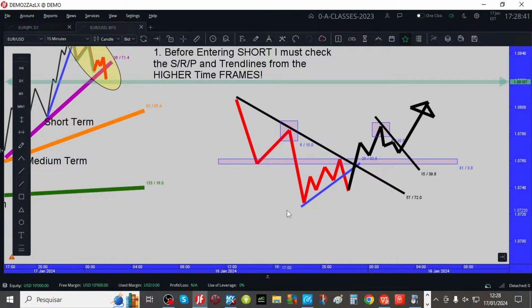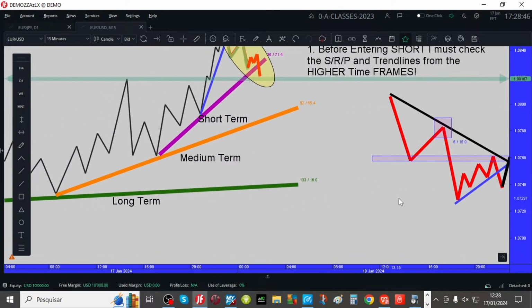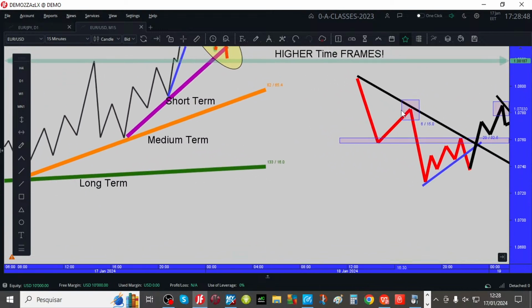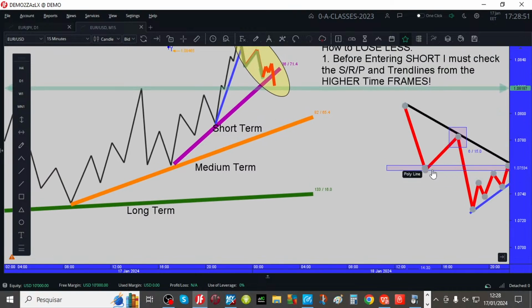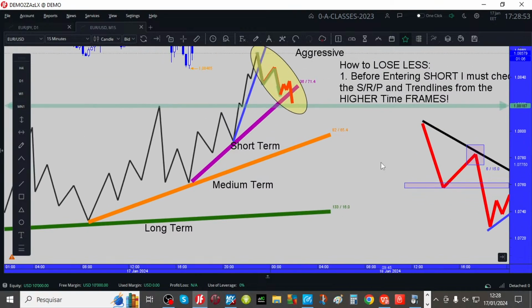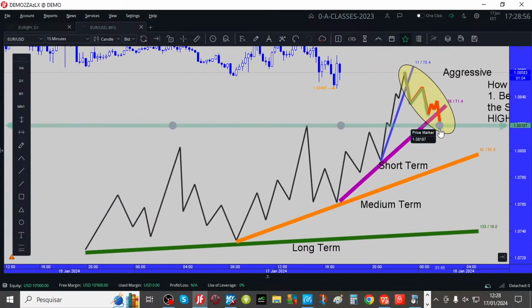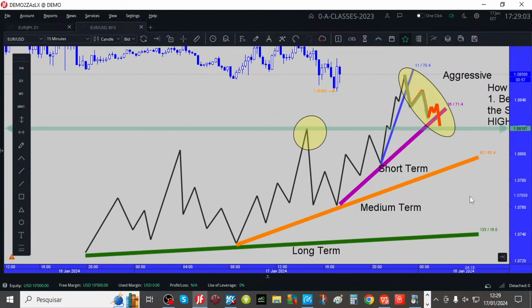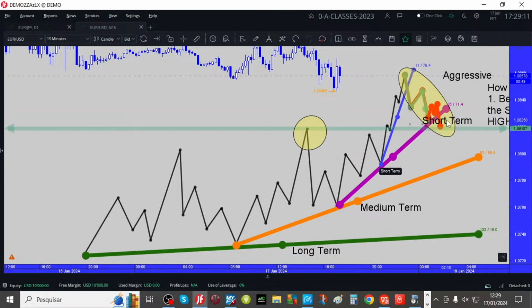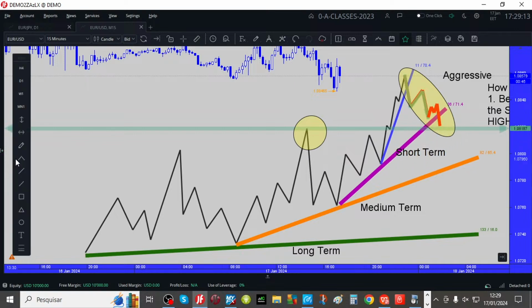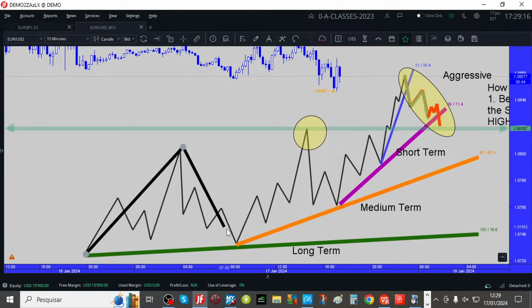Does this make sense to you? Boss, but I know. You have a downtrend and you are at past resistance and you have a counter trend line break, but you are not aware that you are shorting at the pivot point. And this pivot point is in here. The long-term trend line is up and the medium trend line is up. And even though the market kind of broke this short-term trend line, the greatest force is